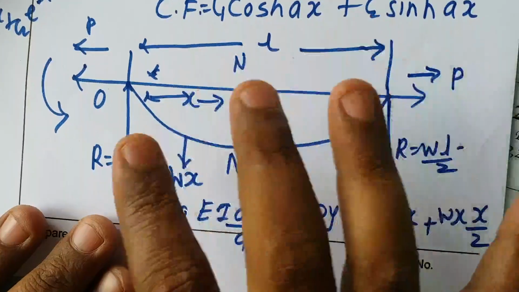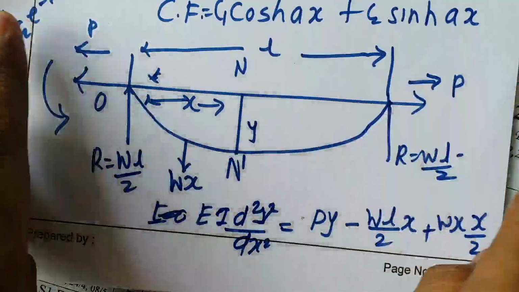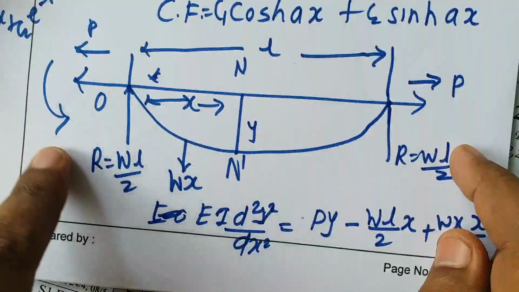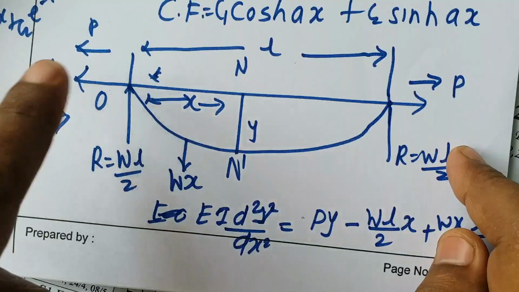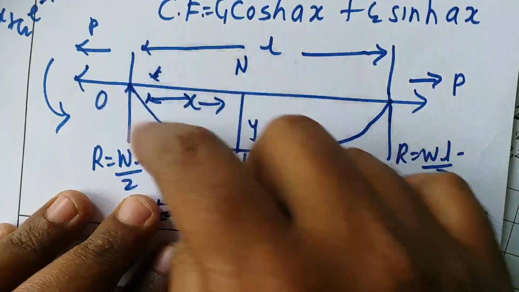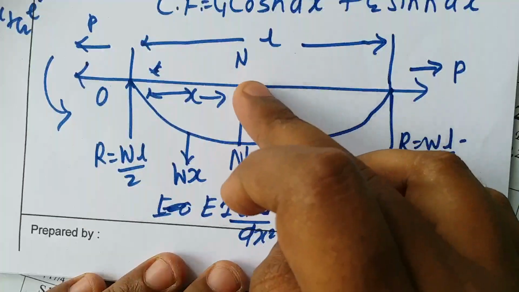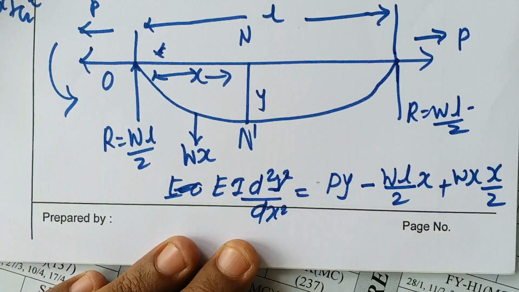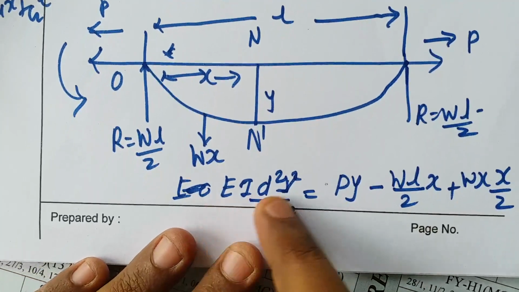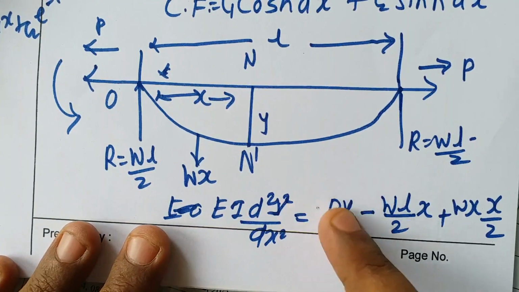Now this type of diagram you are having. Here we have a horizontal pull, so it is pulling in the outward direction. It is not a compressive force, it is a pulling force, therefore outward, and it is acting in the anti-clockwise direction. It acts along the y axis, therefore P into y is positive here. In the previous example it was negative. This is the bending moment differential equation we are forming, the moment due to the horizontal pull.